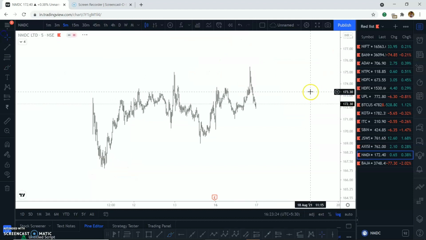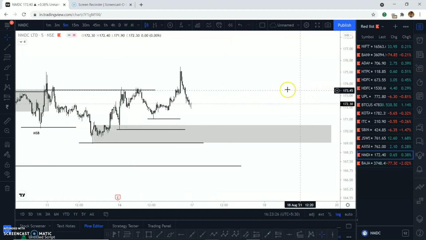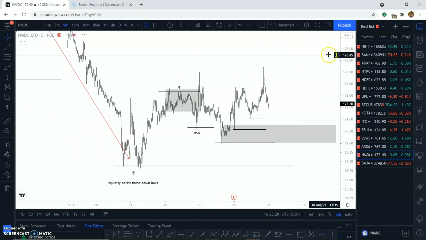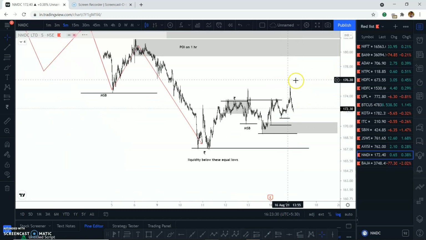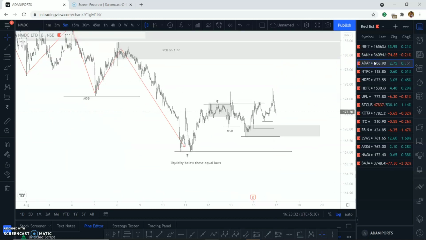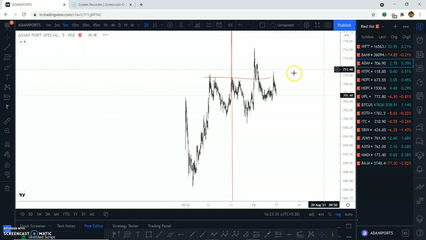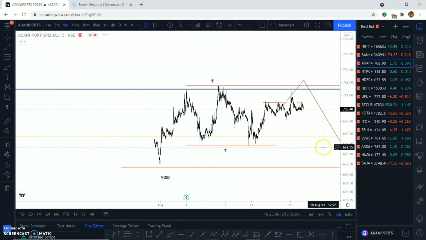So I'll just go to a different chart now and see if we have any other opportunities, or we can do one thing, like we can analyze other charts. Let's see Adani Ports, right? Adani Ports is in